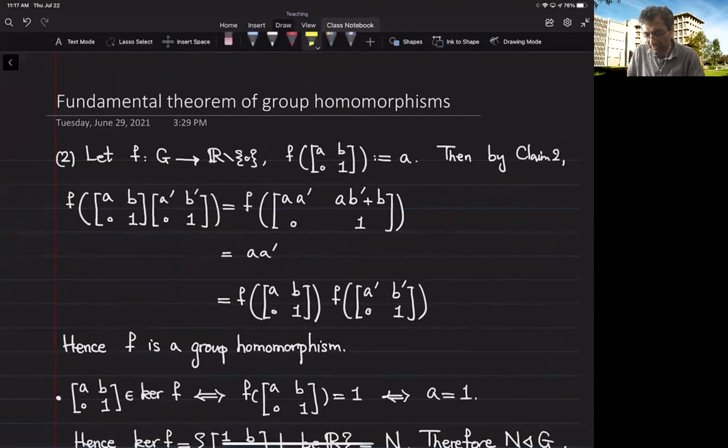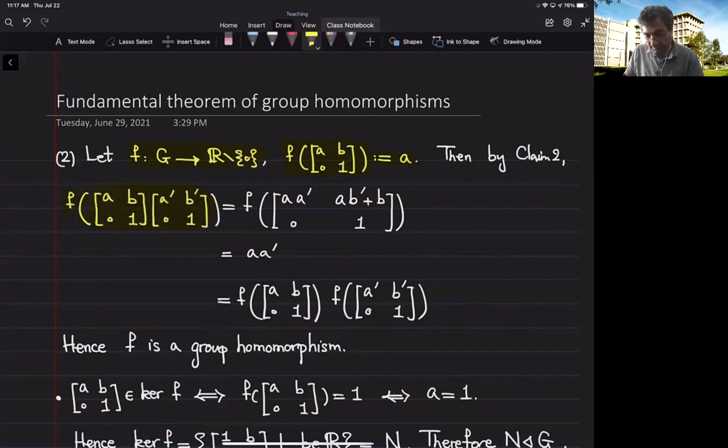I am going to define F from G to non-zero real numbers to be the following function. When I feed it an element of the group G, that means when I give it this matrix A, B, 0, 1, it gives me A. It gives me the 1-1 component. By the computation that we have done, we know that when I apply F to the product of these two matrices,